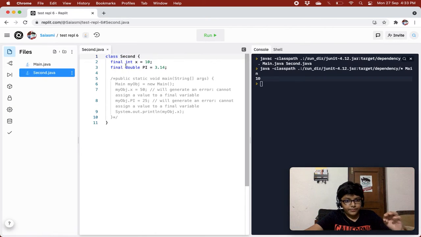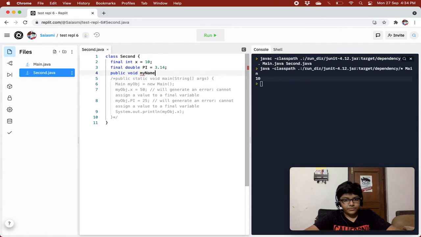So for example, let's see the definition first. The code is accessible for all classes. So if we give public, the code is accessible for all classes, right? If we create a method, we'll just create a method really quick. Public void, so it will not return anything, and then we'll name this method